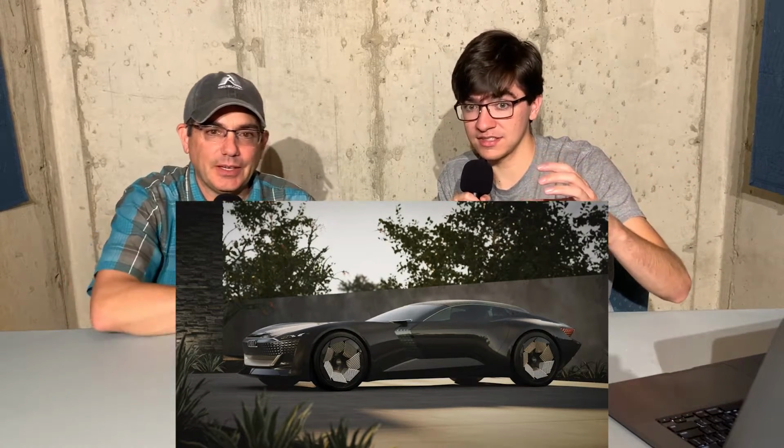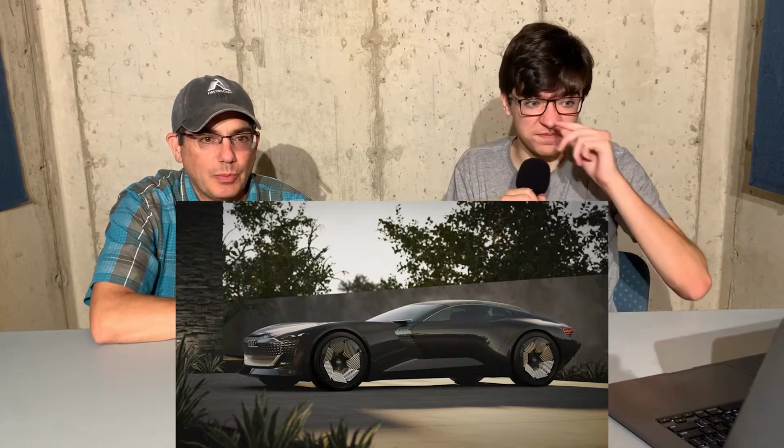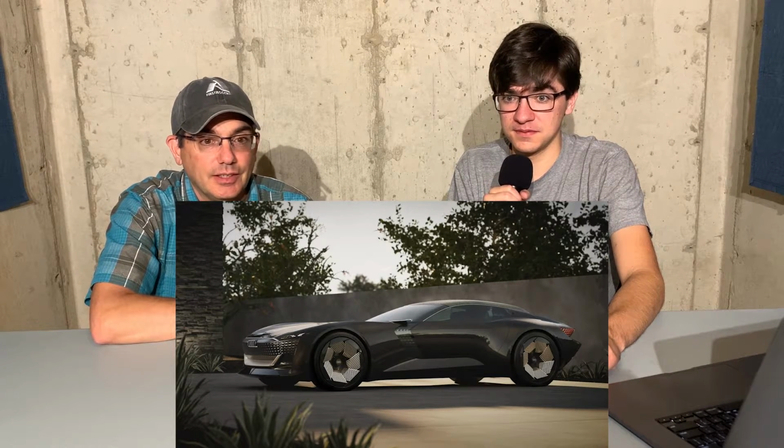The A-pillar, right? Yes. That entire front clip just moves backwards. Okay, so it shortens the wheelbase, makes it more nimble instead of a highway cruiser, and then it's a